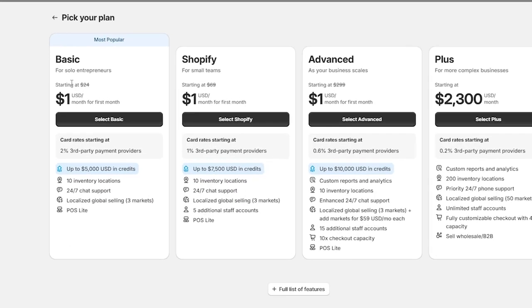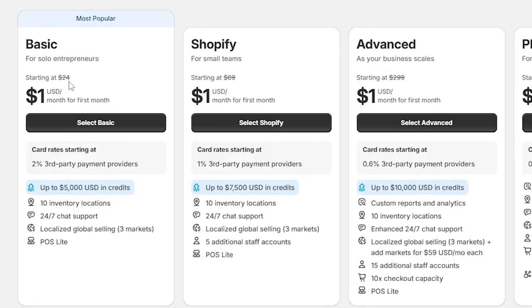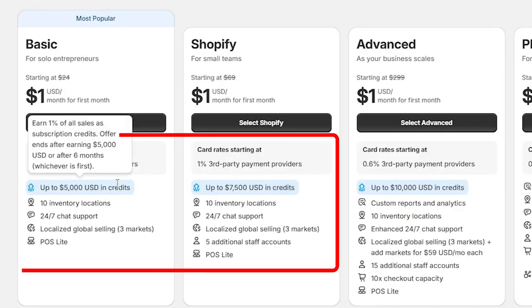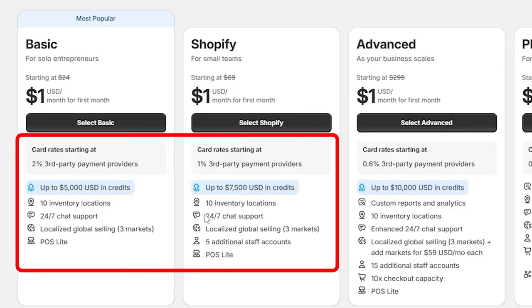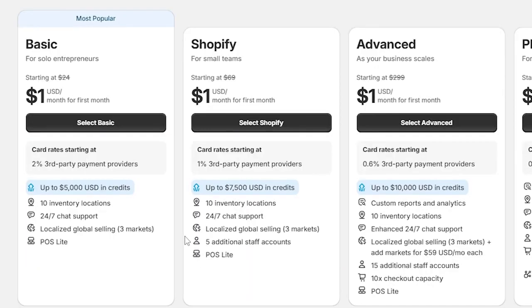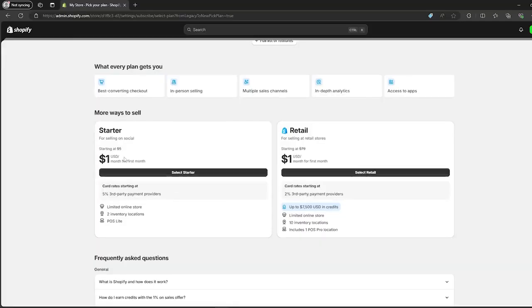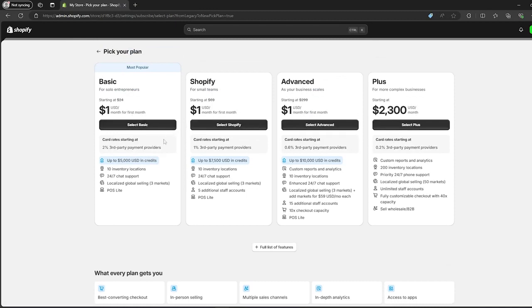And be careful guys, here is the price of the plan itself. And they will just give you the first month for $1. But this is actually the real price, as you can see here and here. And these are the features that they will give you exactly according to which plan you choose. So what you should do is to simply pick any one of these plans and enter your card data and